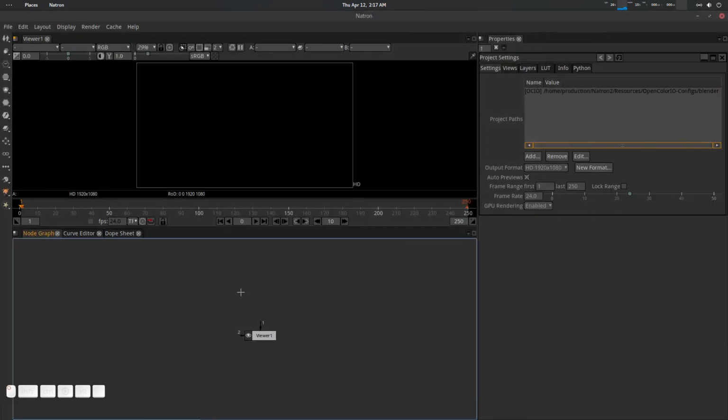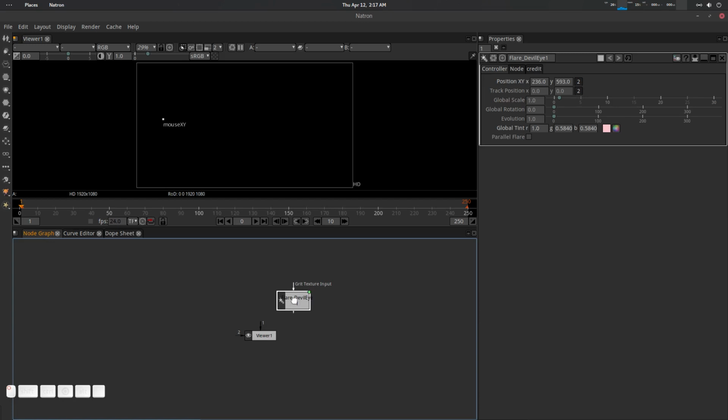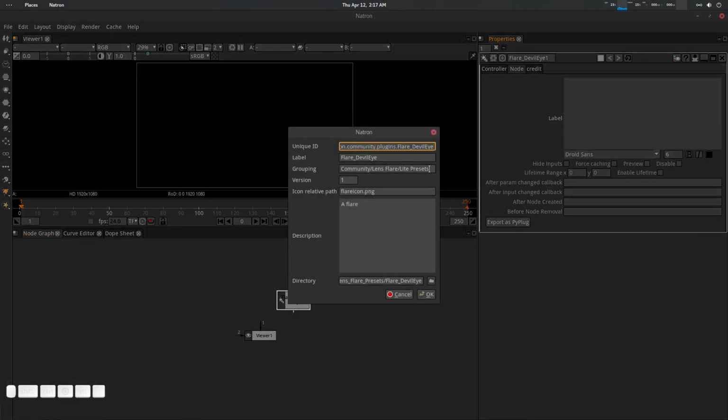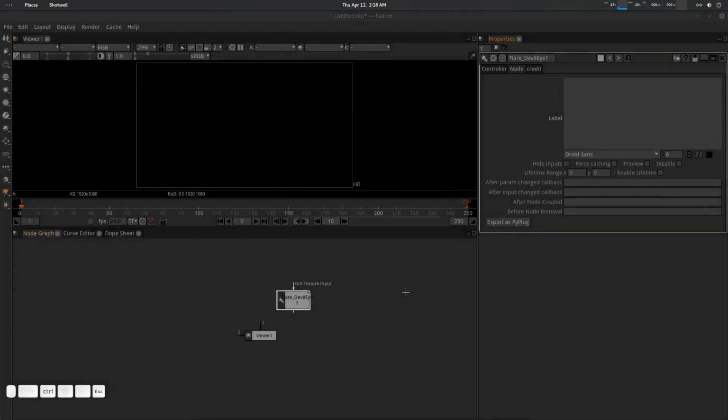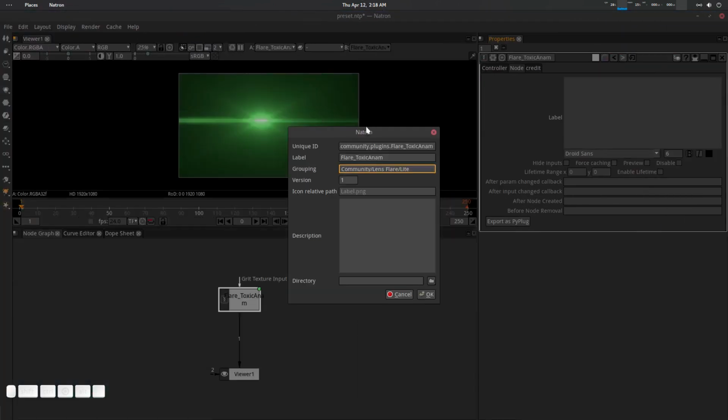Yeah, there we go. Let's see. Flare light, something like flare light. I need a flare light. Yep, there we go. Devil eye. Yeah, light preset. Okay, so light preset. So let's copy this. There we go. So it should be